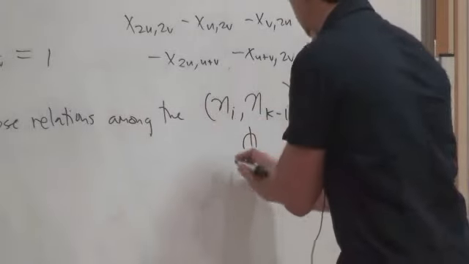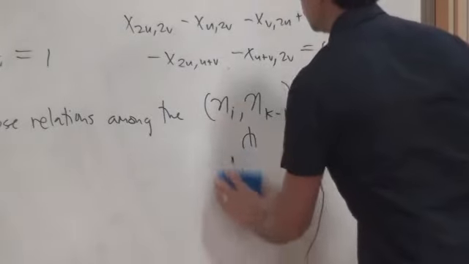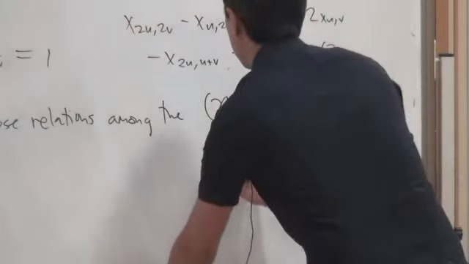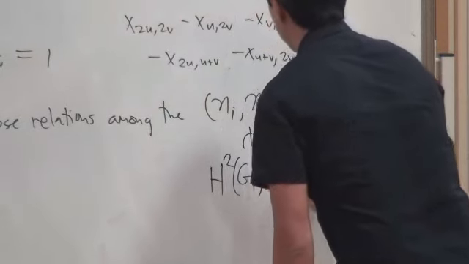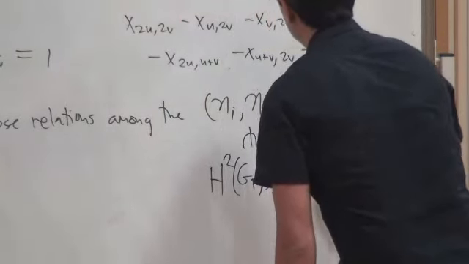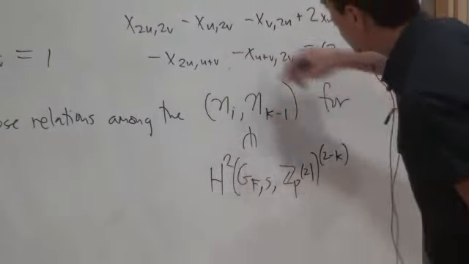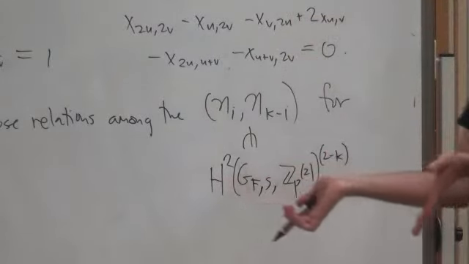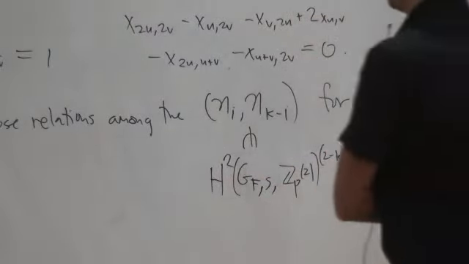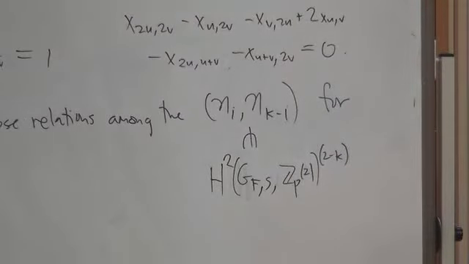So overall, this lies in the following eigenspace of H2, H2 tensor Z/p(2 minus k). So these are all the pairing values. These will determine the pairing projected into this eigenspace completely. Okay, so I can use these to impose relations, and then that narrows down the possibilities for the values of